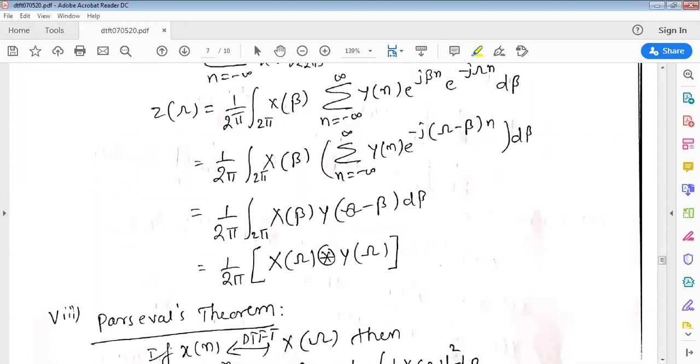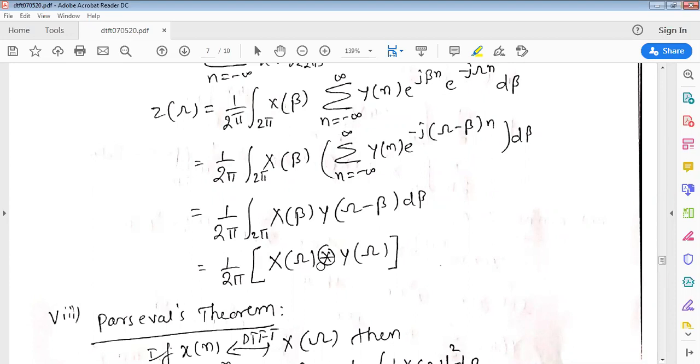So it is like convolution. Therefore, what is the convolution variable? Omega. Remember, don't confuse the integral variable with the convolution variable. x of k into h of n minus k is nothing but the convolution of x of n with h of n. Similarly, other than the integral variable, what is left here? Omega. Therefore, write omega here: x of omega convolved with y of omega. Since it is for one complete period, I am showing you the circular convolution.